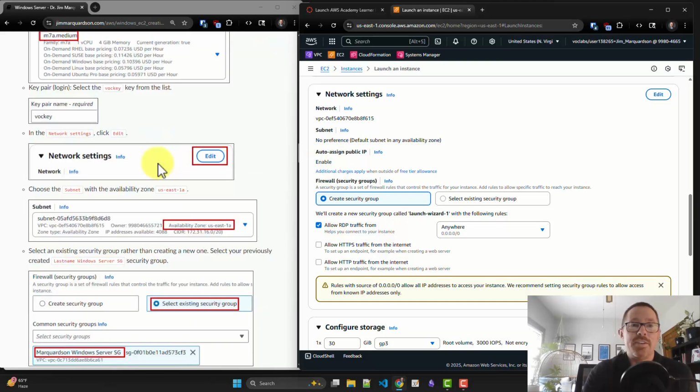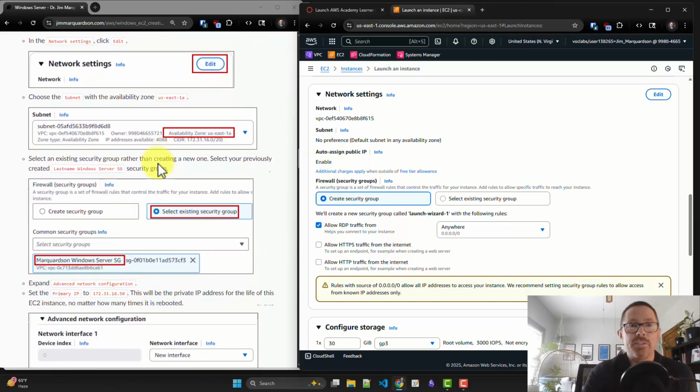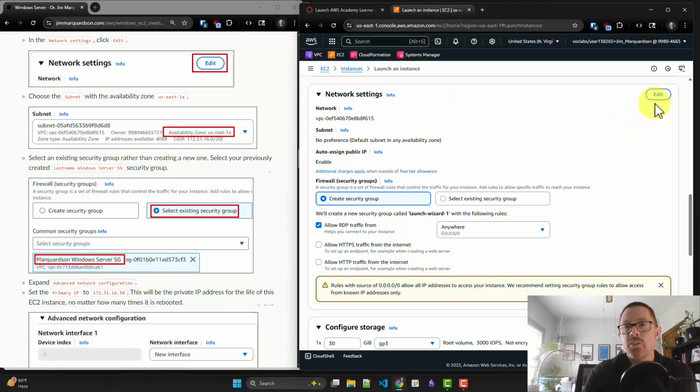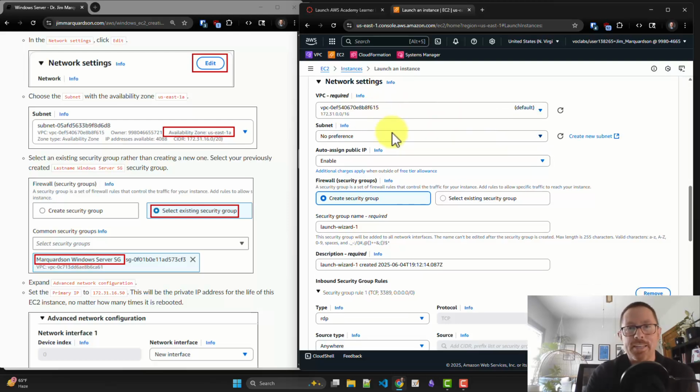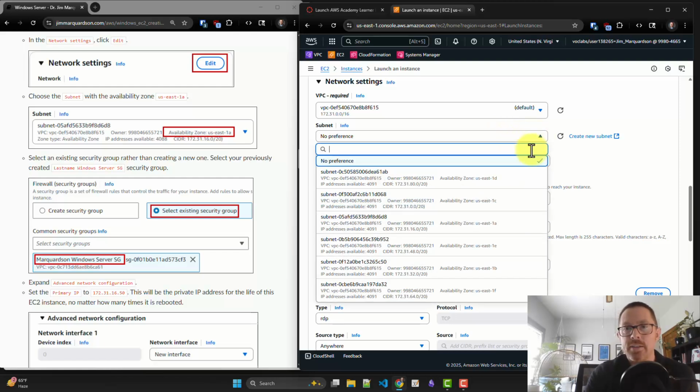The network settings, here's where we have to make some more substantive changes. I'm going to click Edit at the top right of that section because it doesn't show us all the options we need unless we click Edit. So I'll click Edit. And our VPC, don't touch it. You should only have one, and that's fine. For the subnet, I'm going to click that drop-down list. And the important thing here is to look at the availability zones. We want to choose the availability zone in the